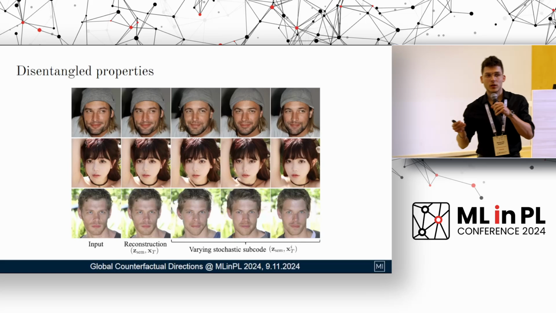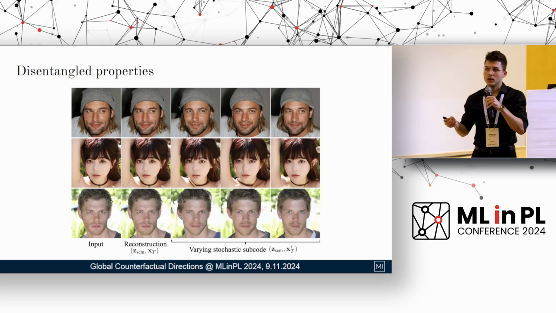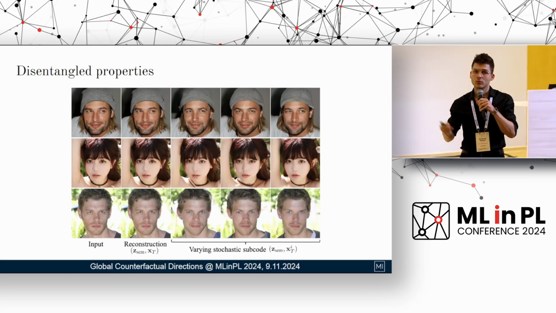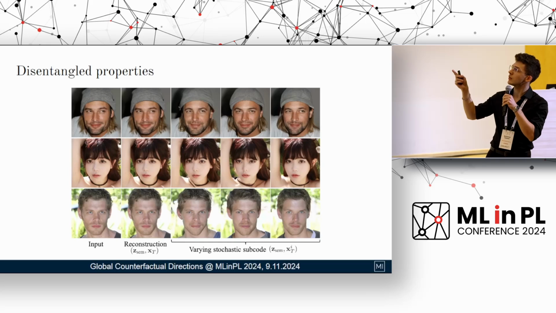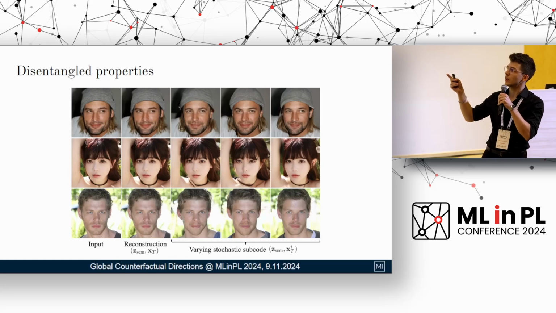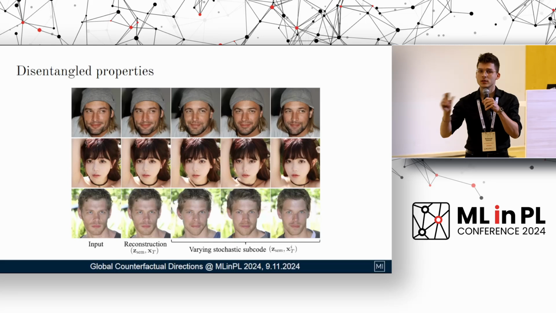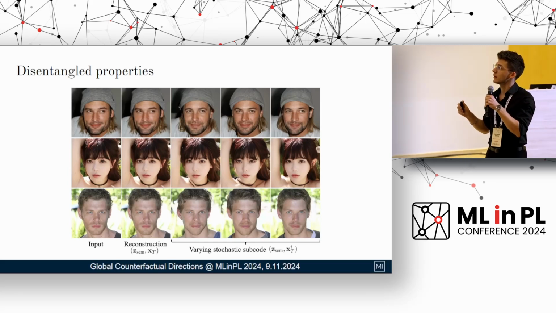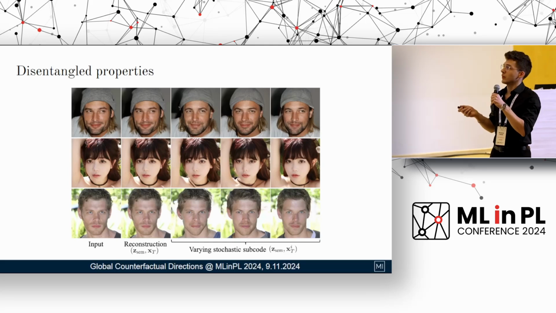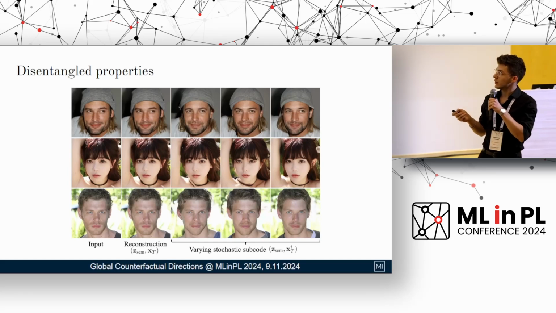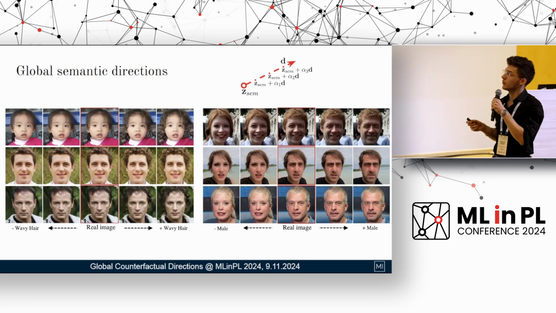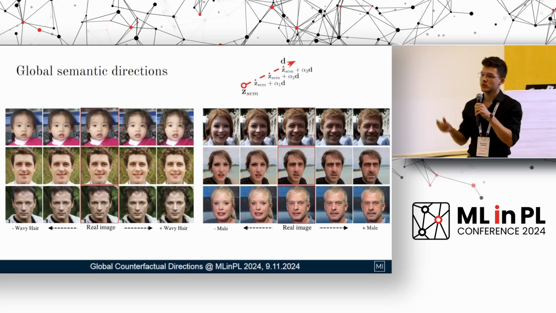Now, if we attach this another encoder, we separated the representation of a given image into two components. One is the high-dimensional noise, which influences the final result, as you can see on this slide. So varying the stochastic noise actually only influences very small details. And this is non-obvious for me. But it turns out that the compact vector that you actually extract from the encoder contains most of the semantics